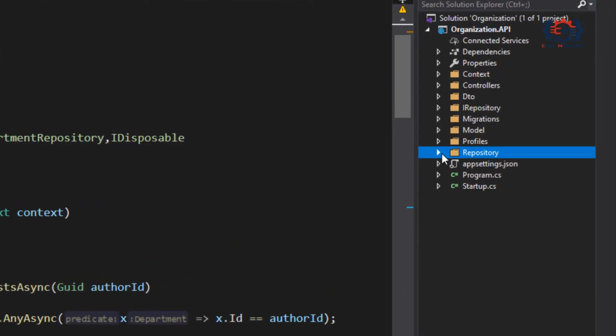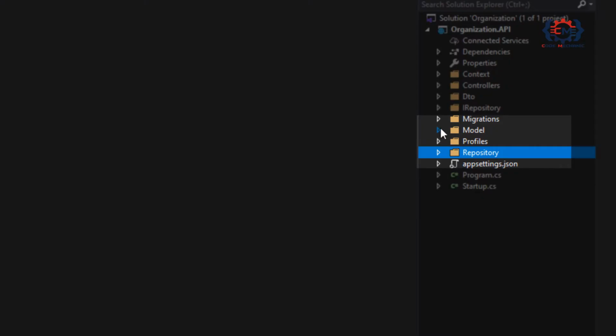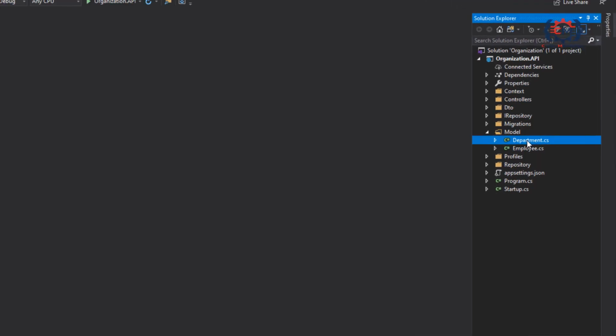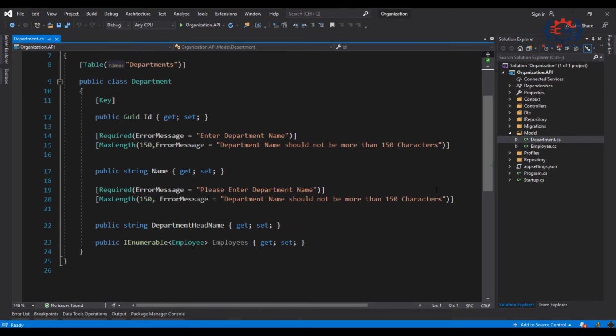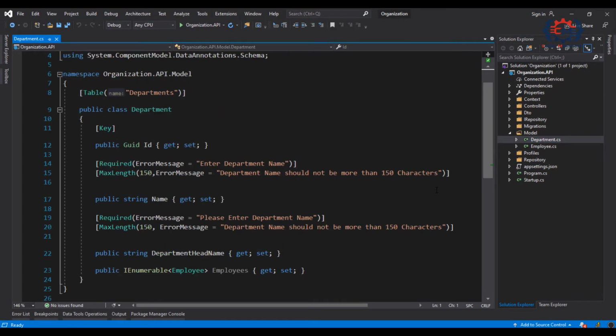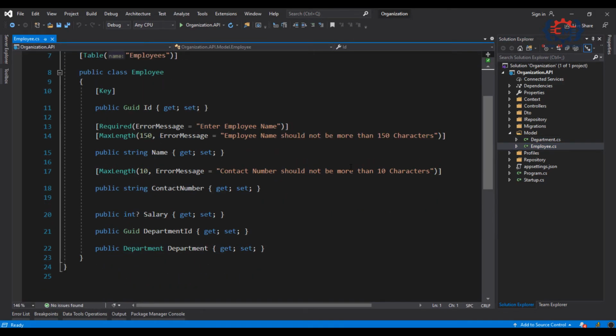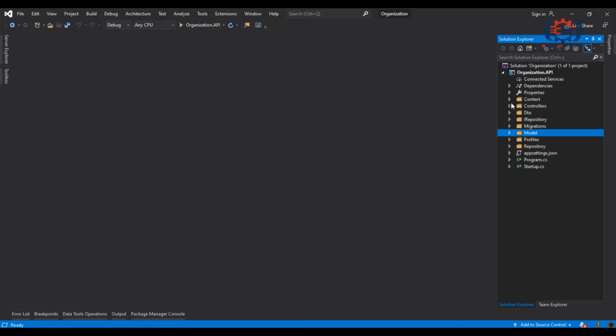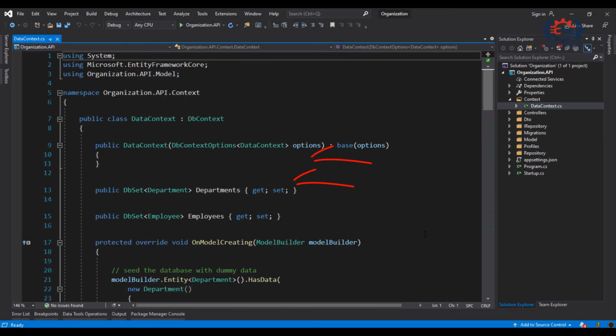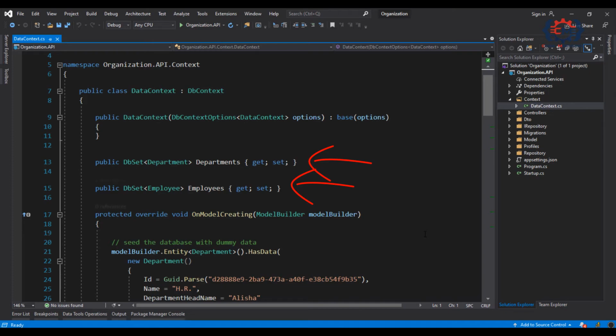So, to use Entity Framework Core, we need an entity model, and I defined that. We have a department entity model class and an employee entity model class. They are exposed as DbSets via the data context. We have a set of employees and a set of departments that can be accessed through it.